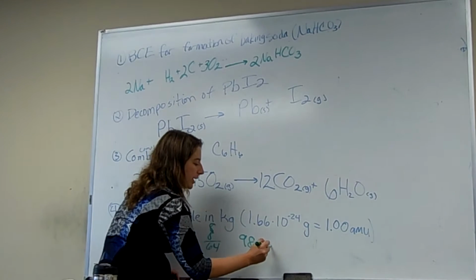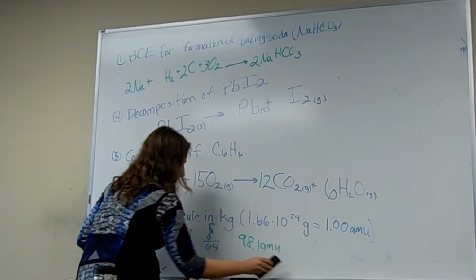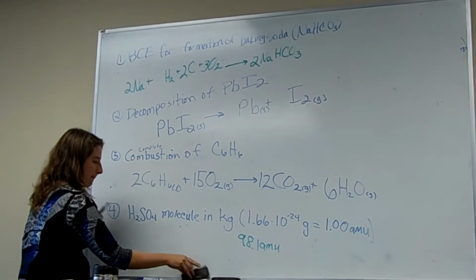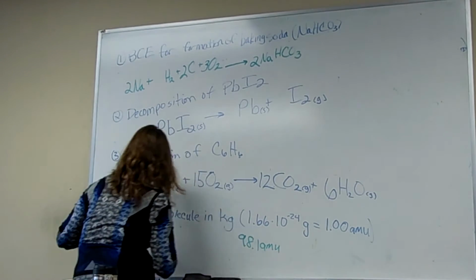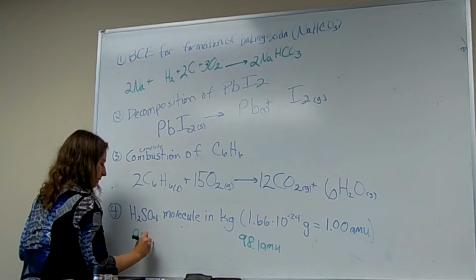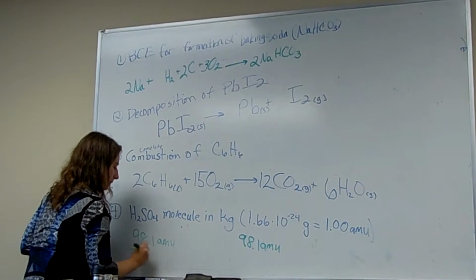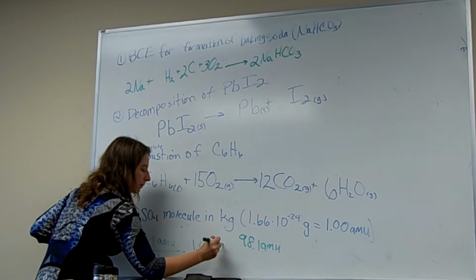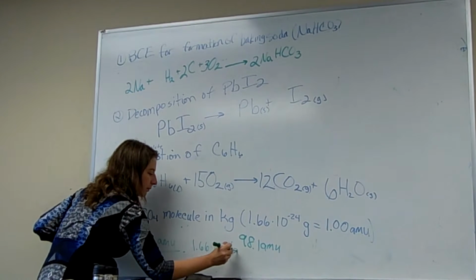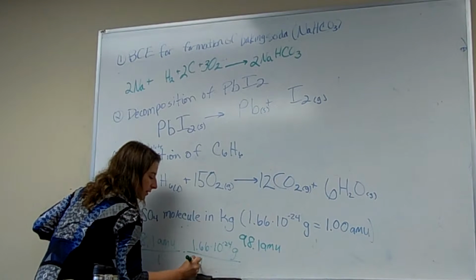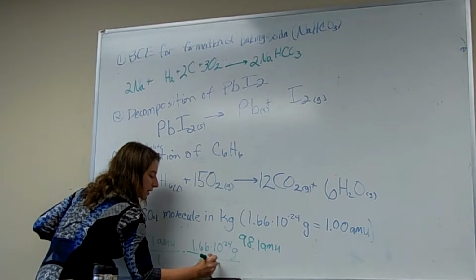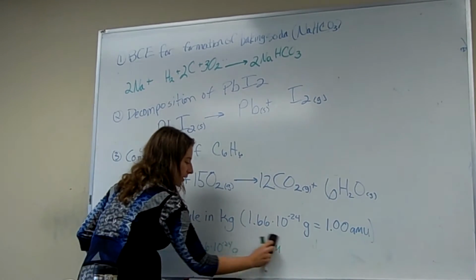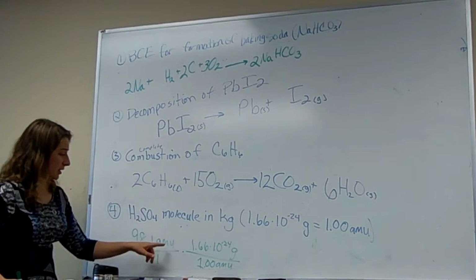So 98.1 AMU is the molecular mass of sulfuric acid. And then we'll convert that to grams by putting the AMU over 1 and multiplying it by 1.66 times 10 to the negative 24 grams over 1.00 AMU. So notice that she's keeping her units in the math, which is important, showing her work, and using units to